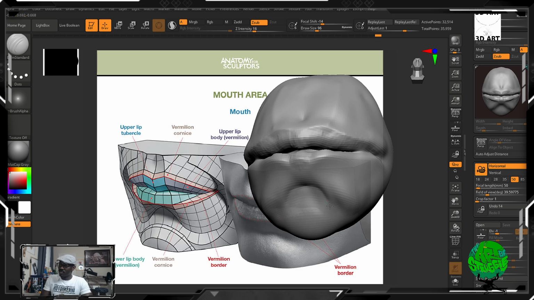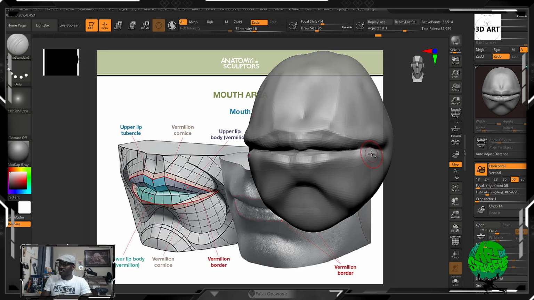You're doing subtle actions, shift smooth. And then if you're having kind of issues with